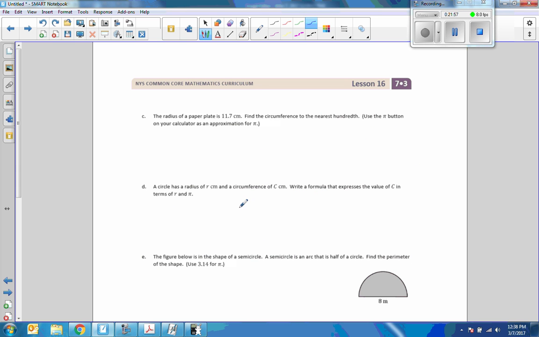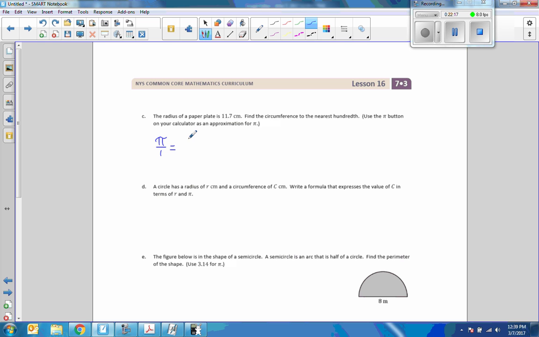Part C, the radius of a paper plate is 11.7. Find the circumference to the nearest 100th. Use the pi button on your calculator as an approximation for pi. This will be much more accurate. Okay, so pi over 1, if you will, equals